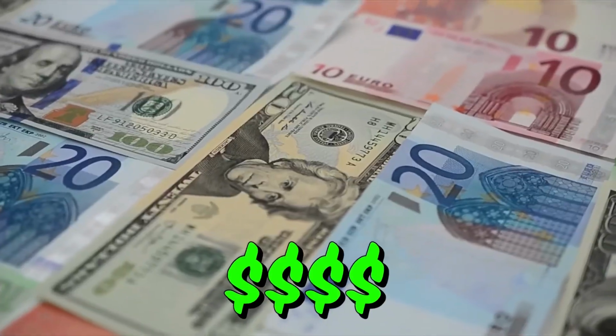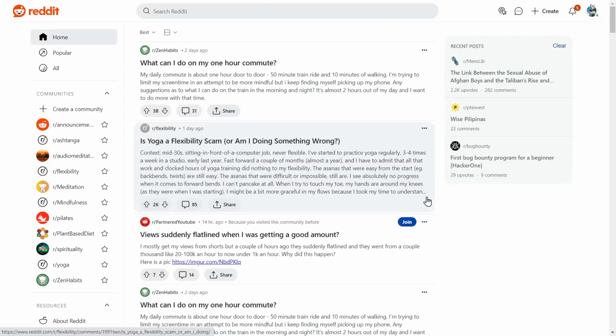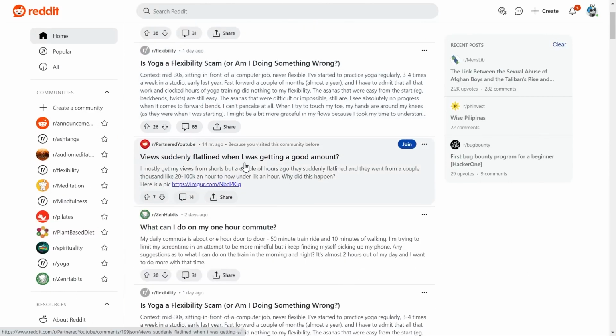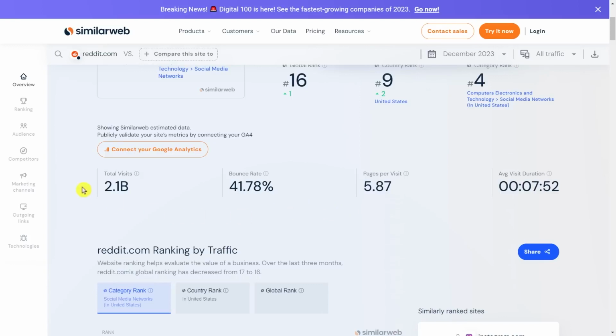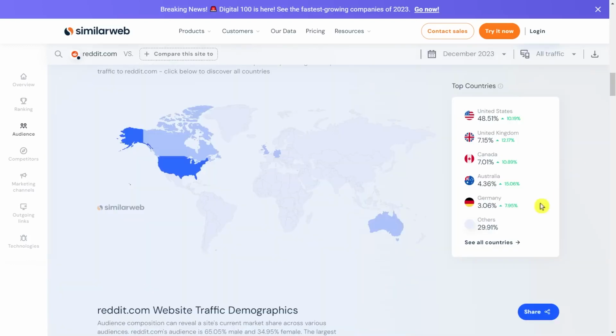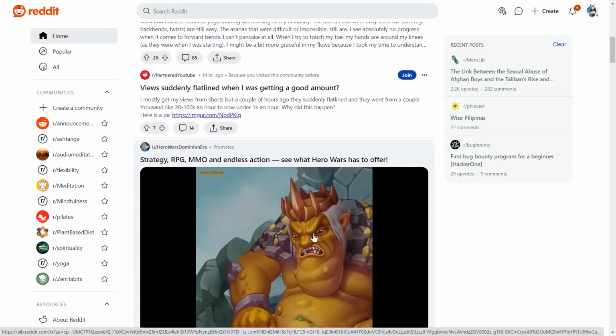Now, to increase your earnings and get even more downloads to your link, you can also start sharing your link on reddit.com. You can get so much traffic from Reddit. They get millions of visits. About 2 billion people visit Reddit every single month, as you can see, and most of them are from top-tier countries. You can join their communities and start different threads and also reply to people that are interested in